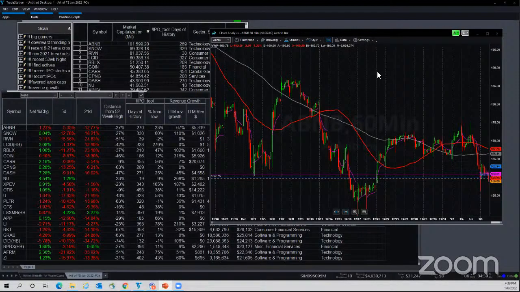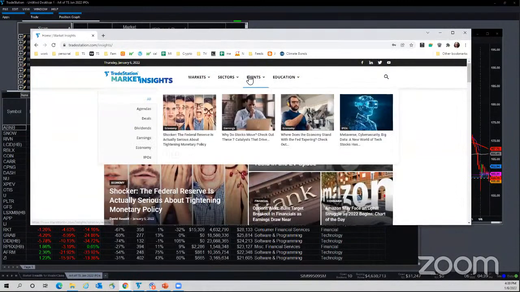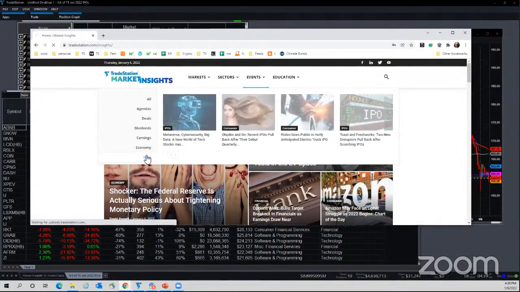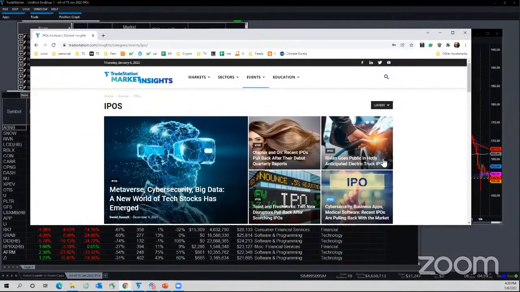I did some other articles on Market Insights. If you want to see some of those, I went through and highlighted some of the other names that had come up over time. If you go to Market Insights and then go to Events, IPOs, you can see the profiles that I did on a lot of these companies. I did this profile on Rivian, and then some other names that stood out to me